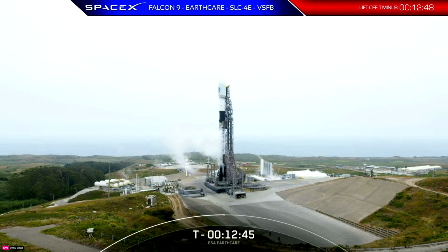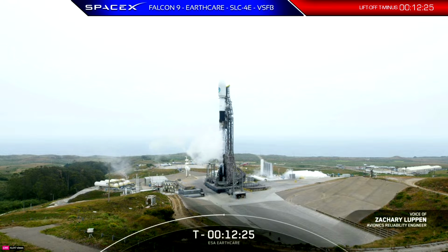Hello everyone, it's Tuesday, May 28th, and you're looking at a live view of our Falcon 9 rocket awaiting its 3:20 p.m. Pacific Time launch from SLC-4 East at Vandenberg Space Force Base in California. Today's launch marks SpaceX's 56th mission of 2024 and the 340th overall Falcon 9 mission to date. My name is Zachary Lupin, and I'm an avionics reliability engineer here at SpaceX, and I'm joining you from our